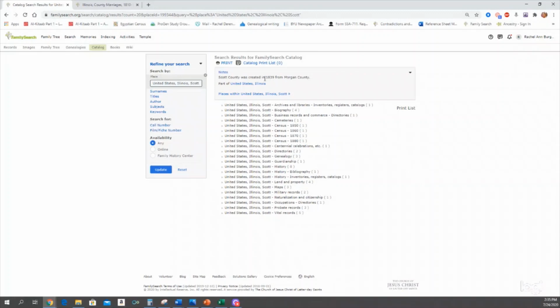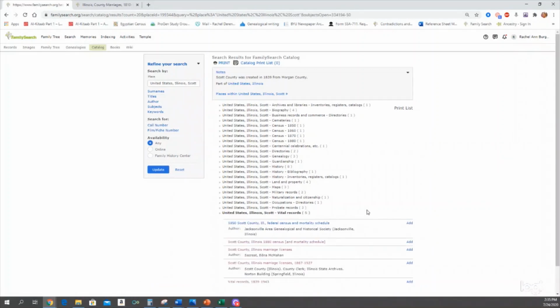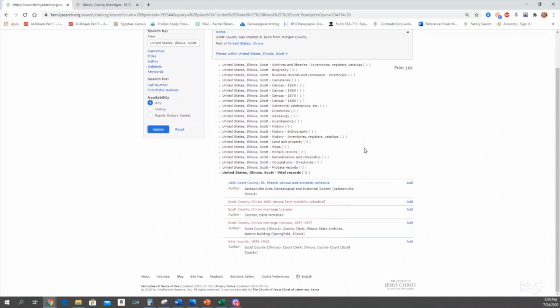Because it's 1891 that we're looking, we're not really interested in this right now for the purposes of finding our marriage record, but it's good to know. And remember, you won't see a marriage record group. It will be under vital records. Now, Scott County has a few more, you could say books, if we're going with that metaphor still, that discuss marriages.